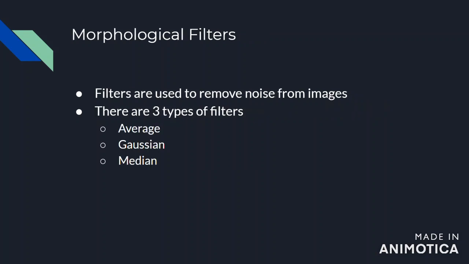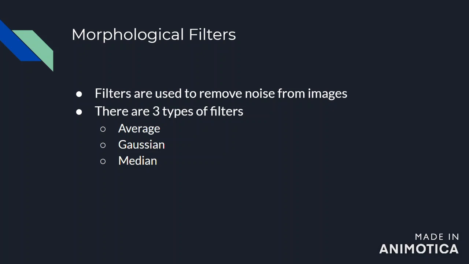A filter is used to remove noise from images. There are three types of filters: average, Gaussian, and median. An average filter is a method of smoothing images by reducing the intensity variation between neighboring pixels. The Gaussian filter is a linear filter used to blur images and to reduce noise. And a median filter is a non-linear digital filtering technique that also is used to help remove noise from an